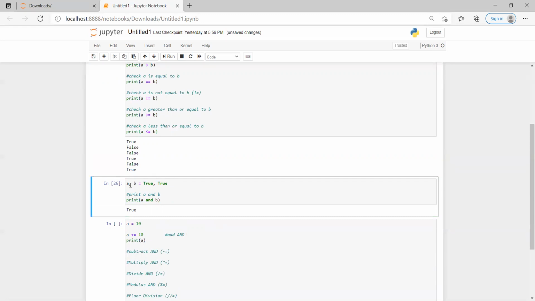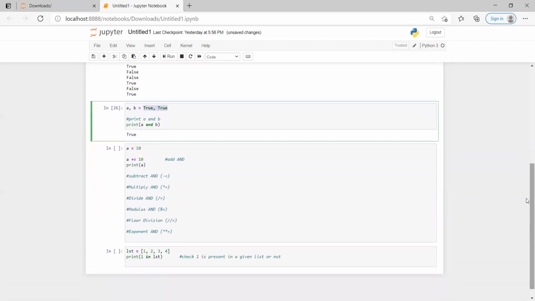Okay. So if I have to check two conditions, like if I have numerical values here, and I want to check A is greater than B and B is greater than C, I have some other variable. Then A greater than B gives me true and B greater than C gives me true. Then true and true becomes true. That's where we need to understand the concept of these Boolean operators. Okay. So apart from that, we have some sort of mathematical operators wherein